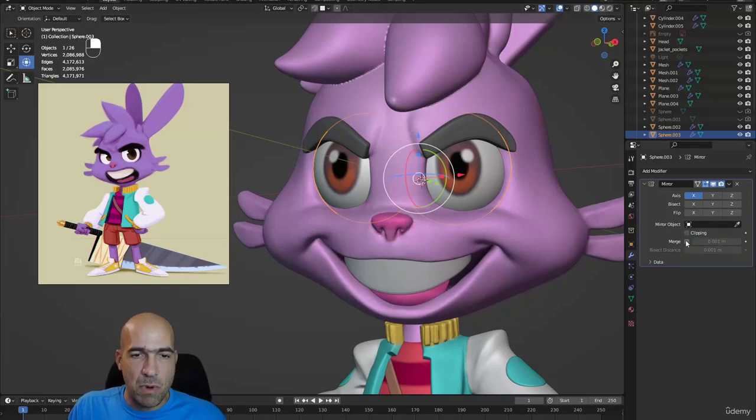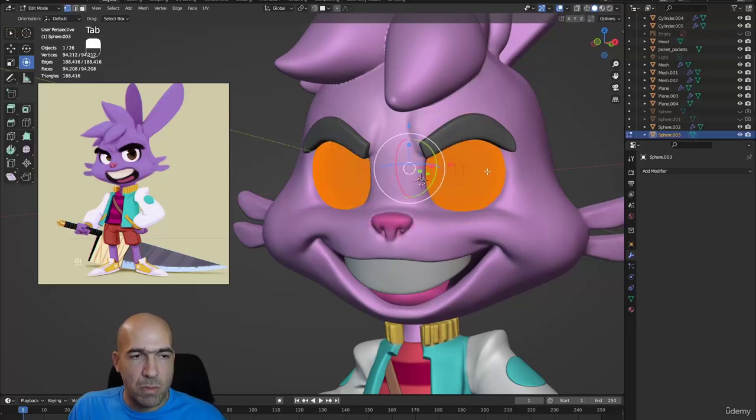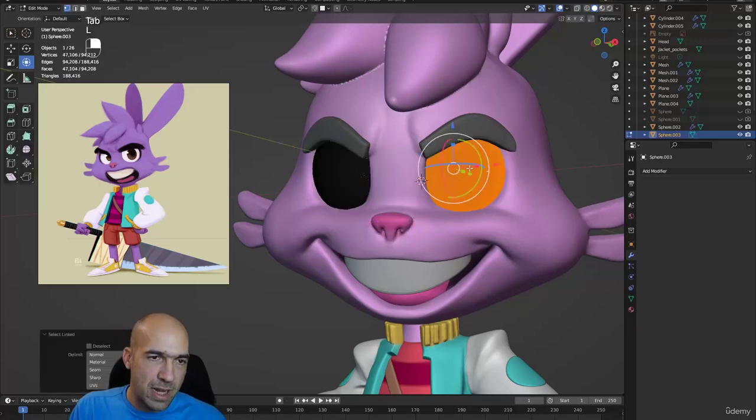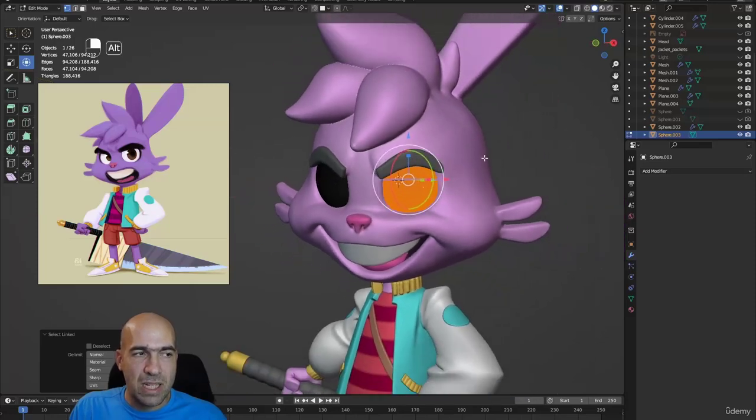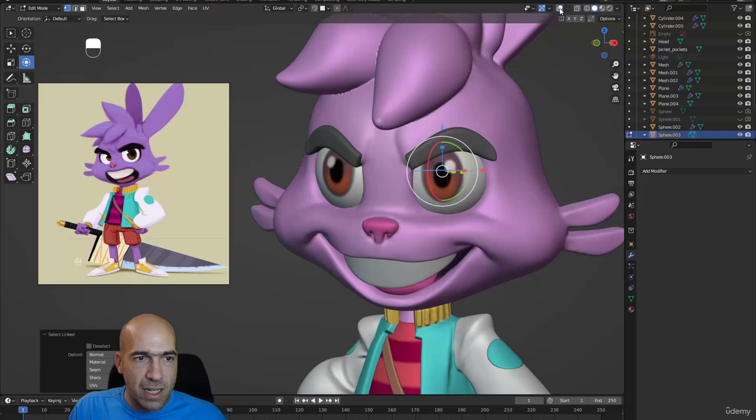Now, I will do this. Just uncheck this merge button here on the mirror modifier and then apply the mirror modifier. If you don't uncheck the button merge, they will merge into one object and it will not be nice. So now I can go and press L to select one of them. And since I don't see the eye now because I'm in edit mode and all the polygons are visible, I can uncheck